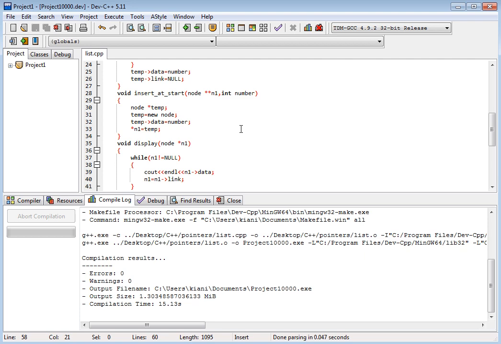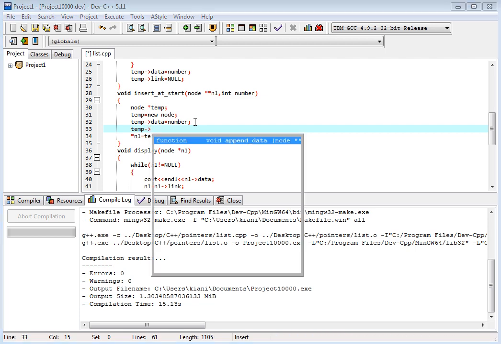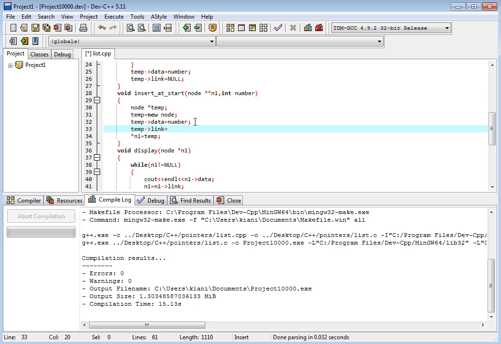So insert at the beginning, this is 60, okay, there is a problem. Insert at start, okay, insert at start will hold number,